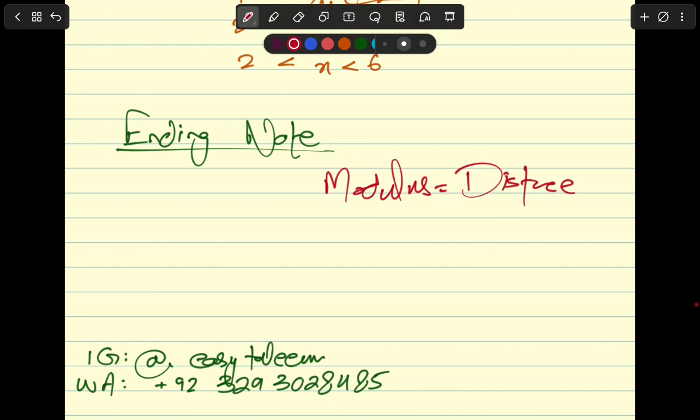Today we started with something very simple, the modulus of x is plus and minus x. We started with the definition, and from that single idea we were able to solve the equation modulus of x minus 3 is equal to 5. Then we solved harder equations like modulus of 2x minus 1 is equal to 7. Then we tackled inequalities, modulus of x less than 3 and greater than 3,